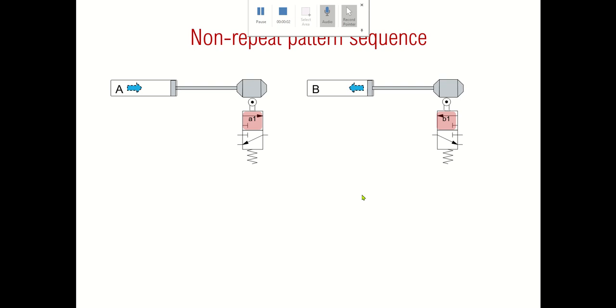Hello everyone, in this short video I'm going to explain a non-repeat pattern in pneumatic circuits. A non-repeat pattern has a typical example in pneumatic circuits: A plus, B minus, then A minus. Which means if you have two cylinders A and B, then A extends, then B extends, then B retracts, then A